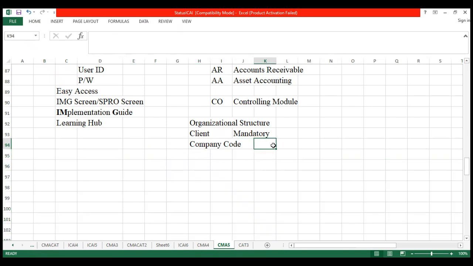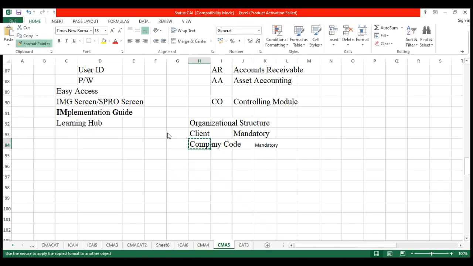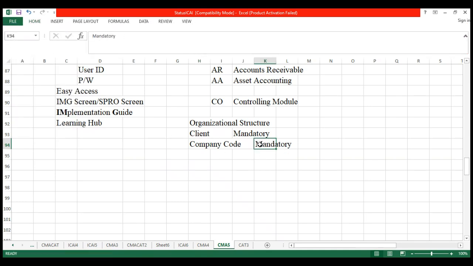Company code. Again, it becomes mandatory, not only for finance, but more so for finance. Any finance consultant will work with this as mandatory information, because what did I say this was? This is nothing but your X Limited. For example,